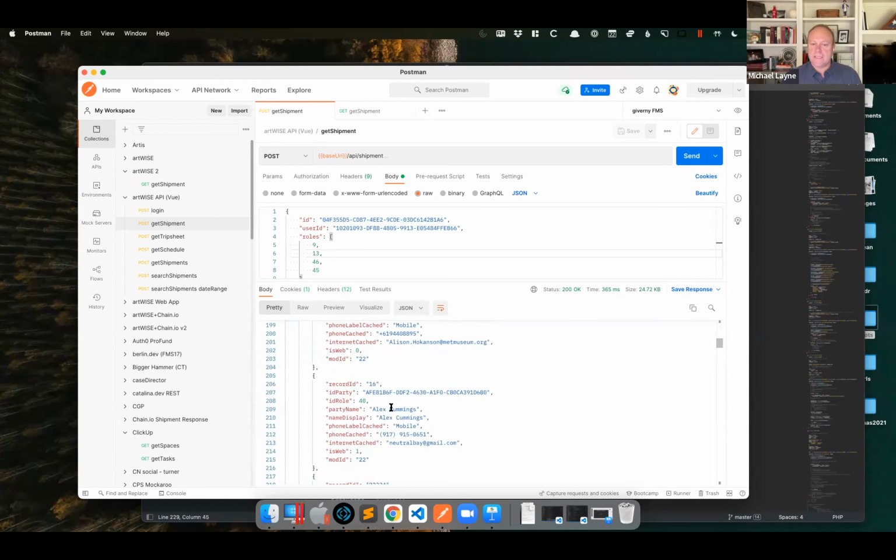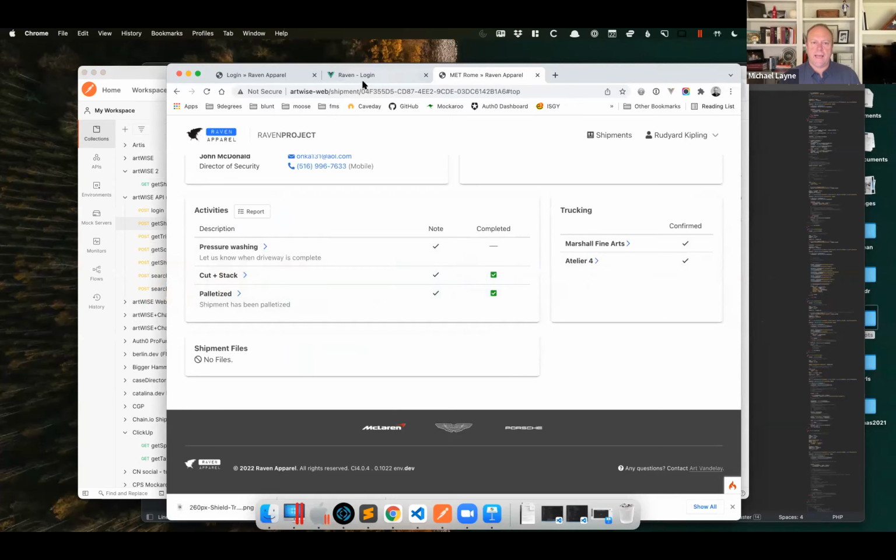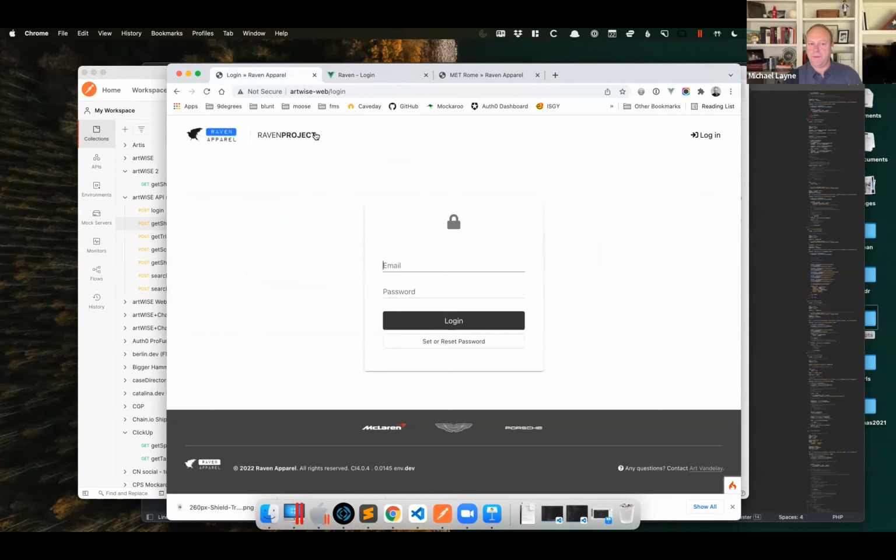So now that we have this cleaner data, we're going to look at a Vue application that is expecting the cleaner data. What I've got here is a single page application written in Vue, and it's using basically the same exact API as the code that you just saw the PHP app running. So here's the PHP app,